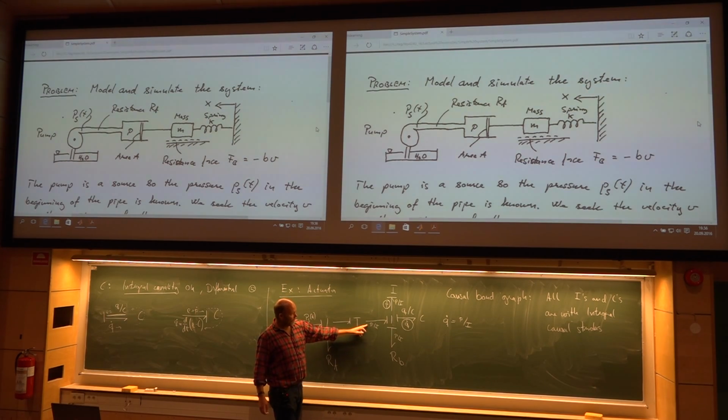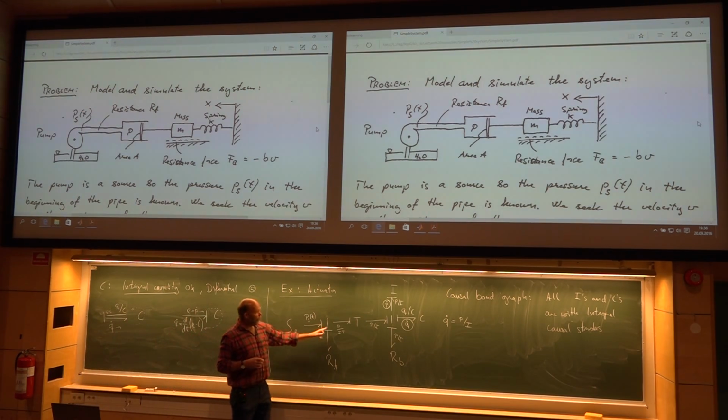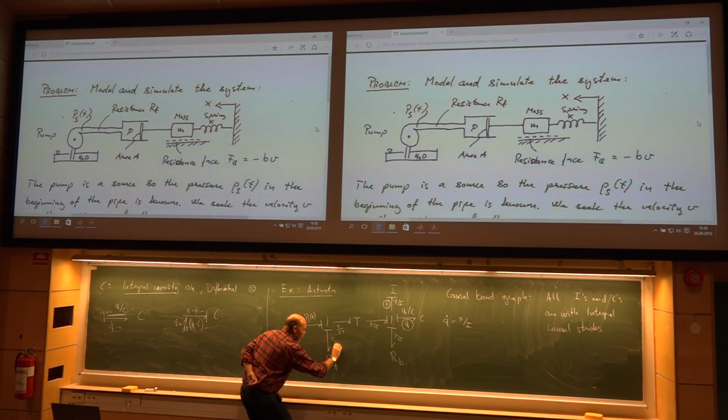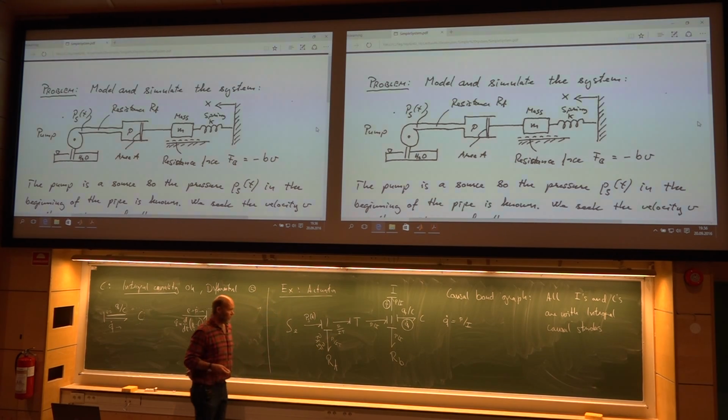Then this flow, he will enter into the transformer and give me a flow over here. What will he be? Well, here I will have to write something like this: P divided by I multiplied with T. It will be 1 over T in the transformer when you go in that direction. Then you know the flow around this one junction. Then you know the flow here as well, P divided by IT. When you know the flow here, then you can find the effort on the other side. Just multiply with RF multiplied with P divided by IT. Like that.